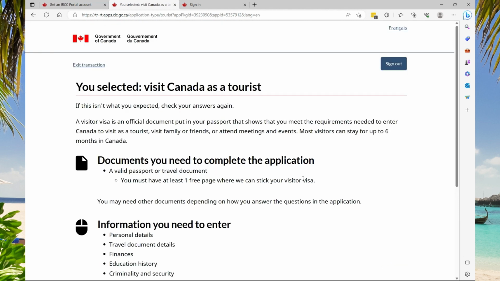You selected visit Canada as a tourist. Now, documents you'll need to complete the application: a valid passport or a travel document, and you must have at least one free page in your passport where you can stick your visitor's visa. I recommend that if your passport is near expiry date, you renew your passport before applying for the visa, because if you have 10 years within your passport, you'll get a 10-year visa. However, if you have 5 years and they grant you a visa, that's the maximum you will